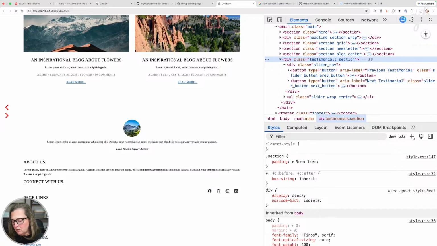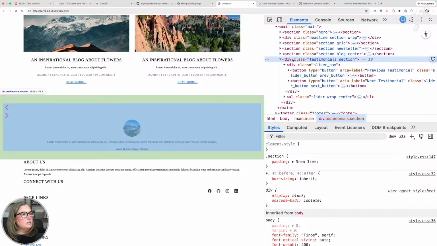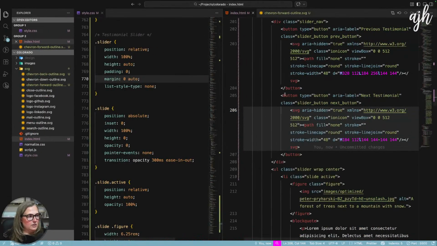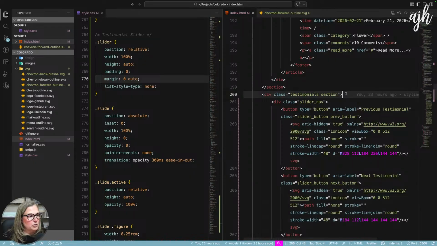So we know it's 6.25 rems plus 3 rems, which is 9.25 times 16, which is 148 pixels, 100 plus 48, so divided by 2. Well, no, you would want to do 48 pixels plus 50 to get it in the middle. Okay. Let's make this container position relative, the testimonials section.